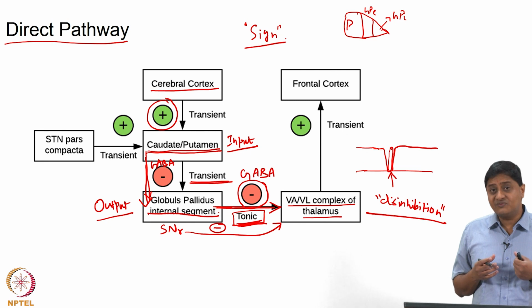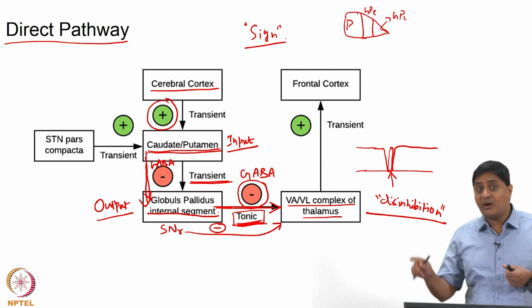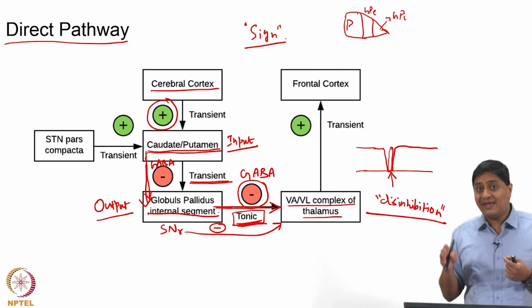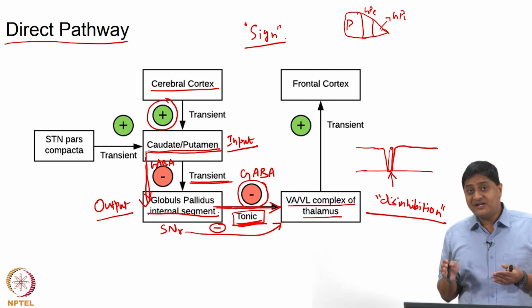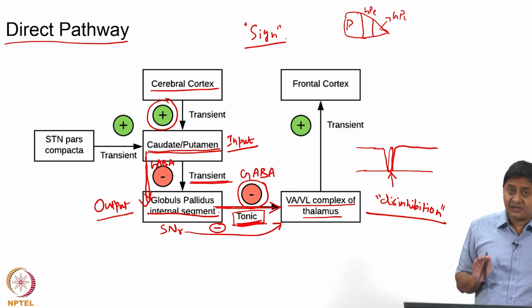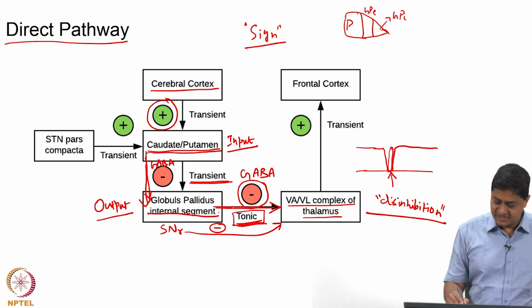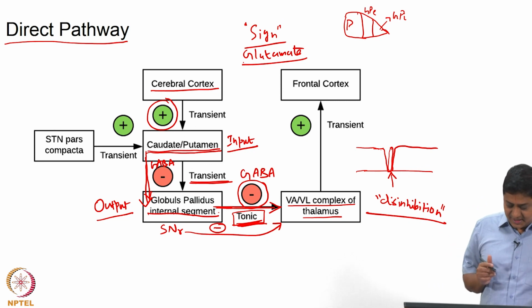Note, the striatal neurons themselves are inhibitory, they are GABAergic. So, when they are activated, they are going to produce GABA at their output. When they are excited, they are going to inhibit the neurons in the globus pallidus internal, which by itself is already inhibiting the thalamocortical neurons. So, the cerebral cortex sends excitatory inputs, these are glutamatergic, or they use glutamate as the neurotransmitter in many cases, with some exceptions.